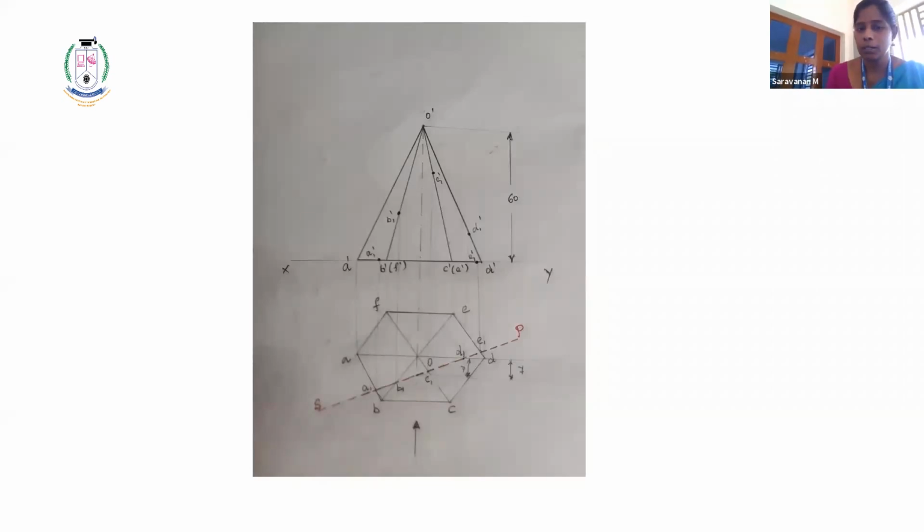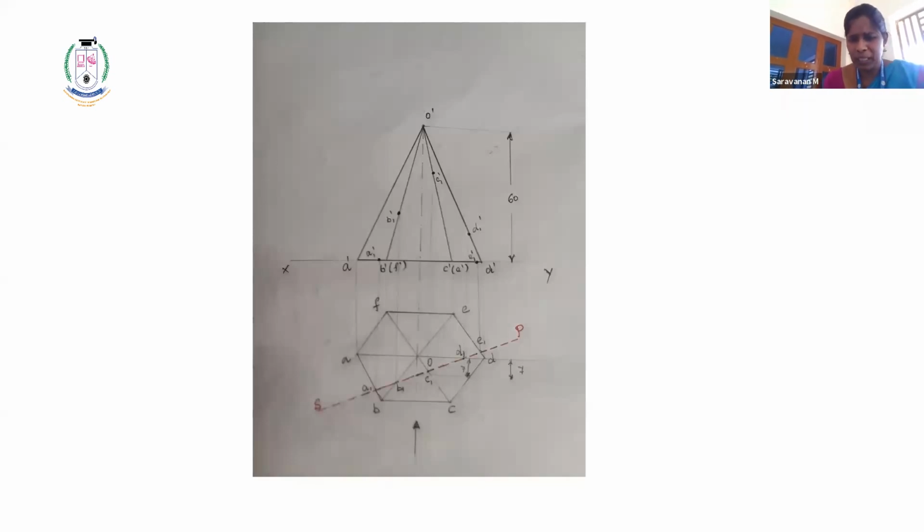Here I have marked the point A1 and projected a line. It intersects in the front view, marked as A1 dash. From B1, the line has been projected and intersects the second line of B, so I gave the point as B1 dash. Next, I projected the point C; if you project it towards the front view, it intersects at the line of C. I gave the point as C1 dash.